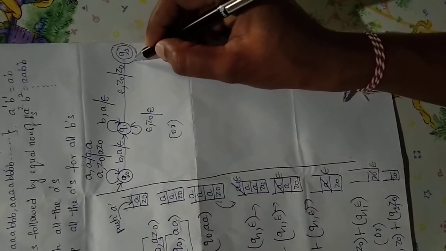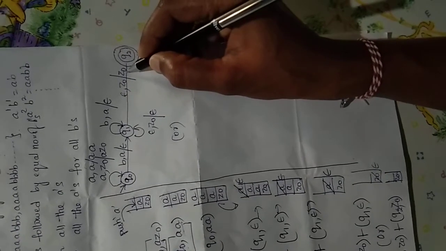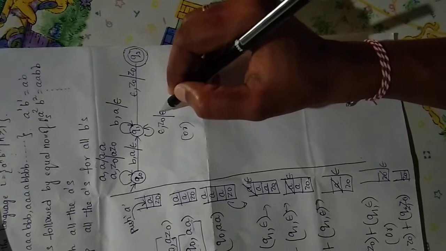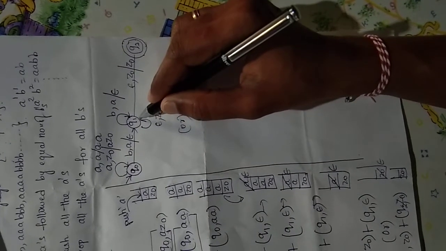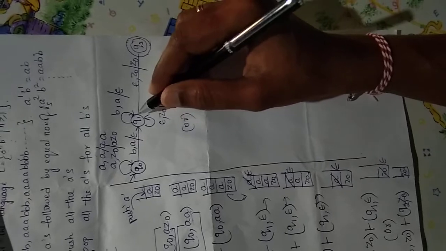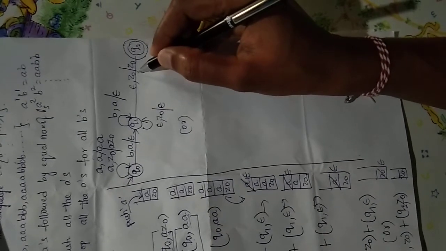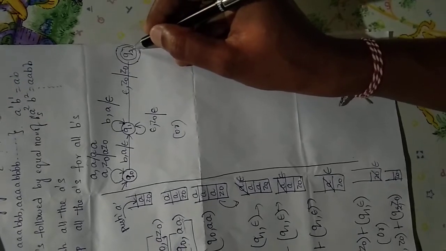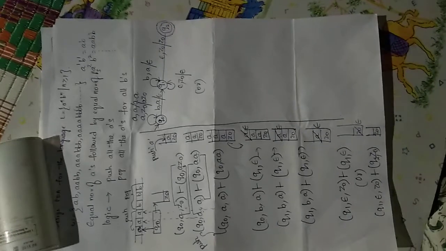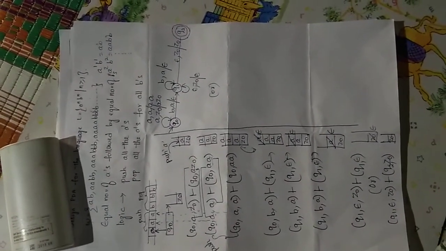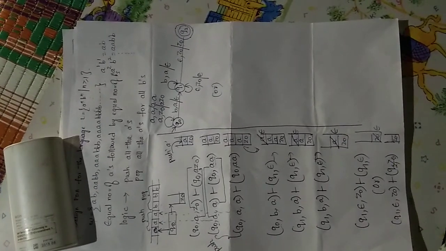Either you can move to the final state with the Z0 symbol, top of stack symbol as it is, or you can remove the top of the stack symbol and you are in the same state, Q1 state. If you want to empty the stack, stay in the Q1 state. If you want to place the top of the stack symbol as it is, just move to the final state. In both ways you can accept the string here. Now this is the pushdown automata for equal number of A's followed by equal number of B's.